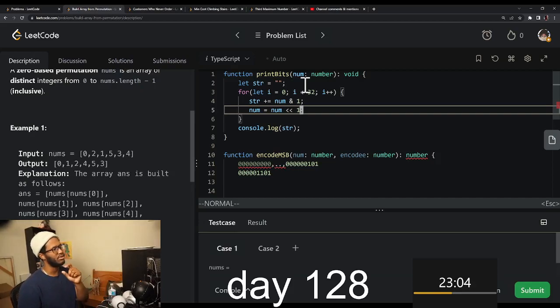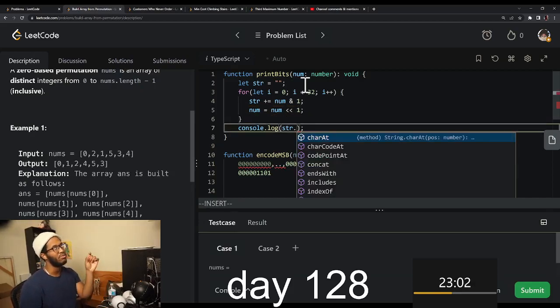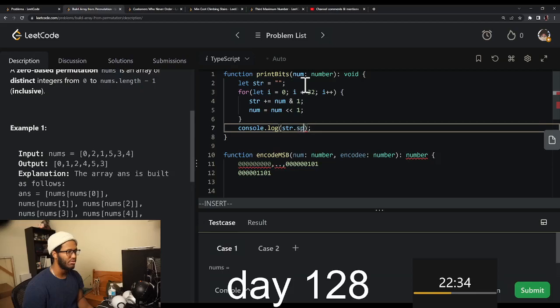So we did, for example, 5, 0, 1, or we did 6, no 5, 0, 1, no 6, 0. They both are the same either way. If we did something like 1, 2, 4, which would be 7, the answer we want is 0, 1, 1, 1. But if we did it this way, we would get 1, 1, 1, and then 0. So we want to do,